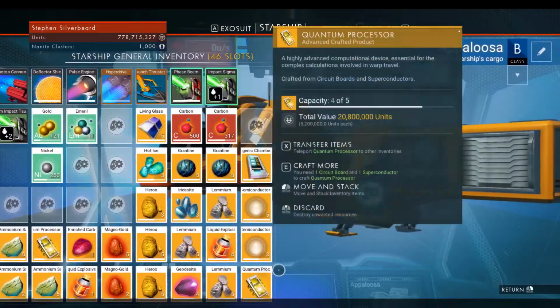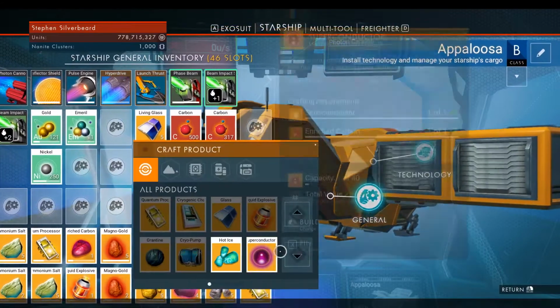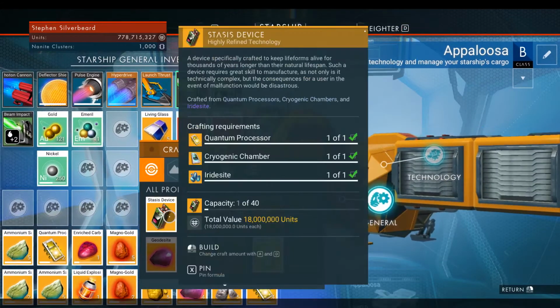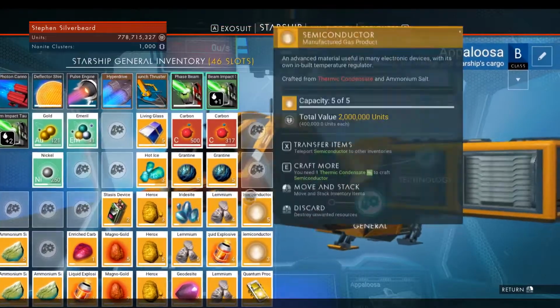And I've got, oops, I used up all the semiconductors. I suppose I could make that. I think we're going to just leave it for the moment, guys. And we've got a stasis device. I suppose we can make a couple of stasis devices. And because that's the top of the chain, that's where the money is. That's worth 36 million. Guys,